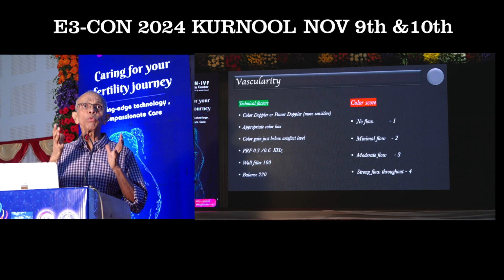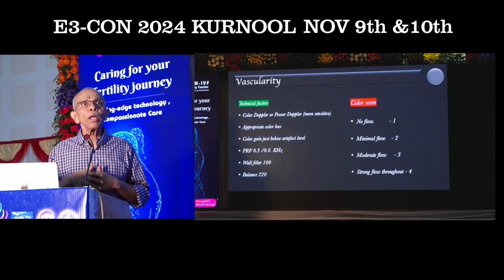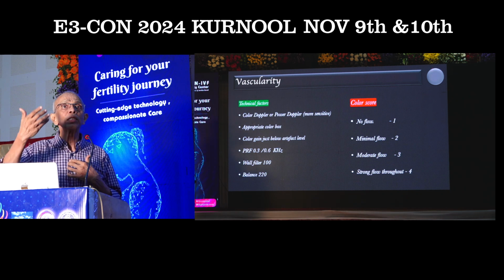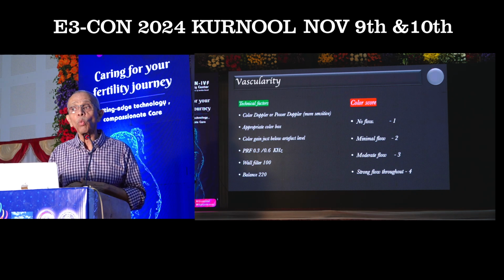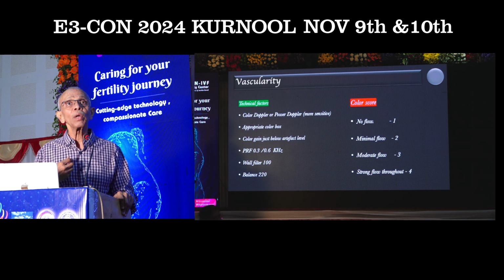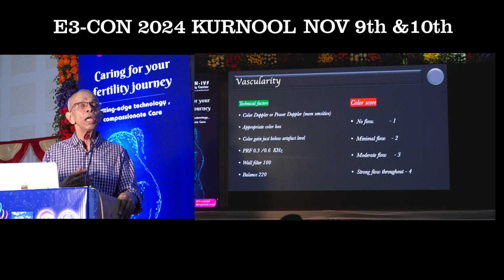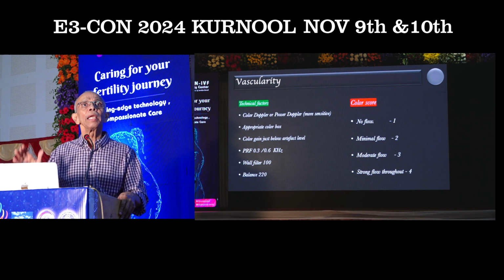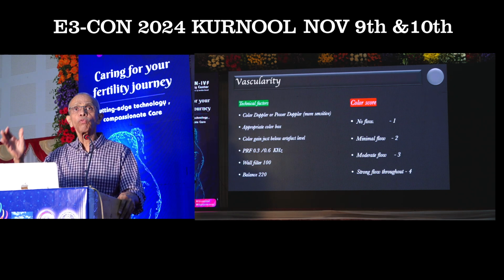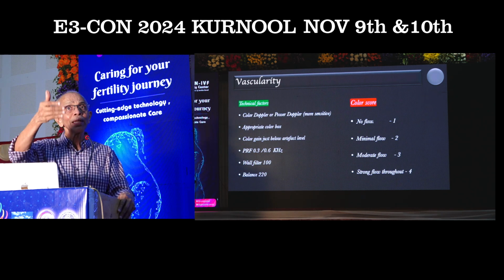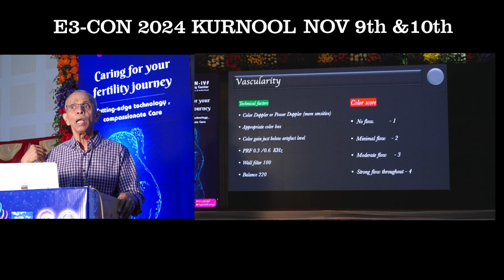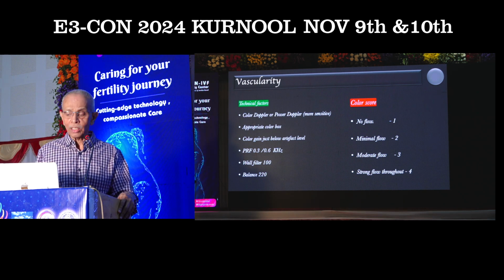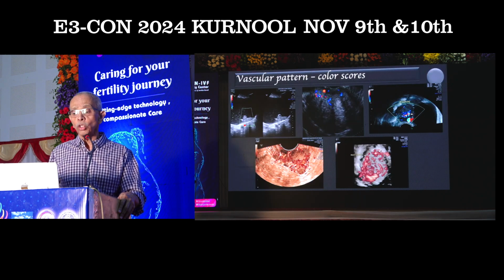So this is a subjective parameter. You may ask me how you are going to use this subjective parameter, because I may say it is color score 2 and you may say it is color score 4. That is the reason why you can still have what is called the vascularity flow index. But quite often, for evaluating adnexal lesions, whether it is color score 3 or color score 4 really doesn't matter, because if I take you to the ADNEX model, I really don't even use the color scores at all. So that is the reason why I don't give much importance to it. But you need to understand this one.